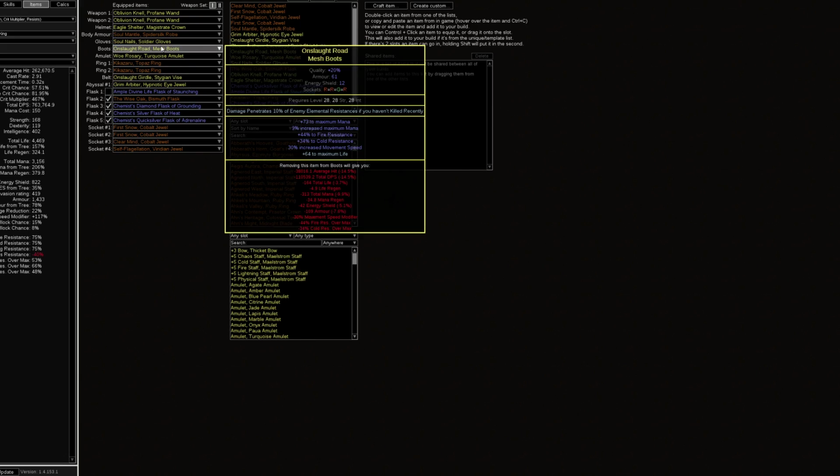Boots are a slot, again, that has a lot of potential for us to get a lot of power. Typically, we run this as a really defensive piece. I'm not really concerned about influence on it currently. We do still want the damage penetrates 10% of resistances if you haven't killed recently. And especially if we're going to wind up doing even more self-casting, if we get an Awakened Curse on hit,